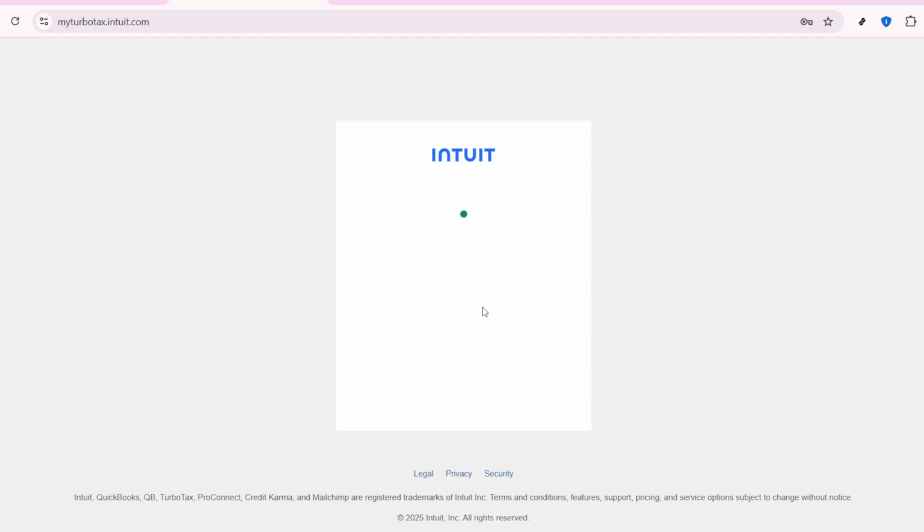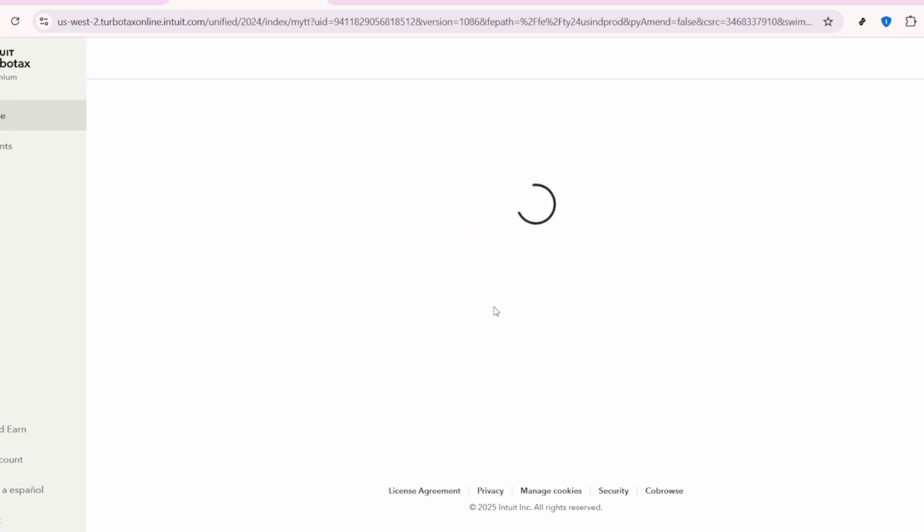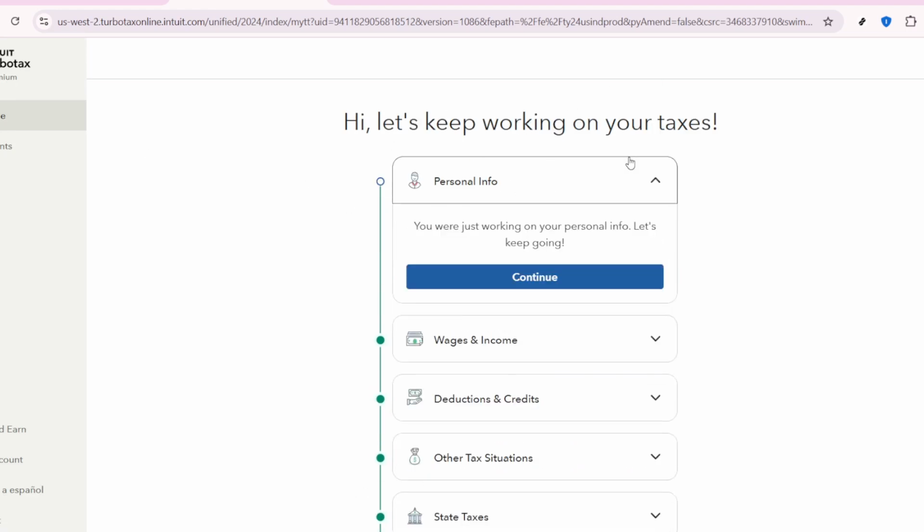Enter your user ID, which can be your email or your phone number, and your password. If prompted, complete verification by entering the 6-digit code sent to your email or phone, or by confirming your recovery info, then click Continue. Once you're in, you'll arrive at your TurboTax dashboard. From here, you can start a new return,